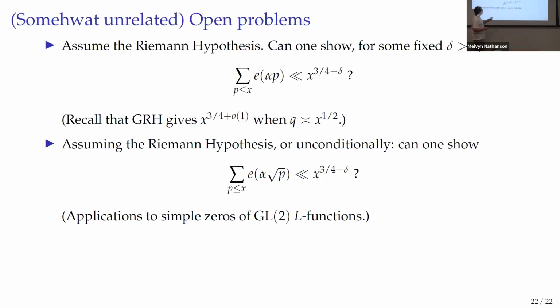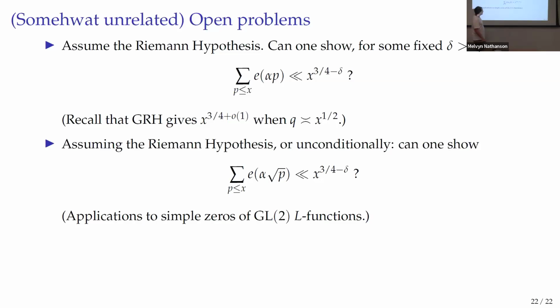And the square root p comes from the fact that you're twisting by GL2. So there is an e to the it log t, you integrate n to the it, you get square root p. And this actually comes from the application of the explicit formula to GL2. And you genuinely need the power saving. Okay, why is 3/4 a bottleneck? It's because we use Cauchy-Schwarz. If you use Cauchy-Schwarz, you're always losing 1/4 of your saving. It's gone, nothing you can do. So this would be a genuine breakthrough because you would actually show how to go beyond this bilinear method.